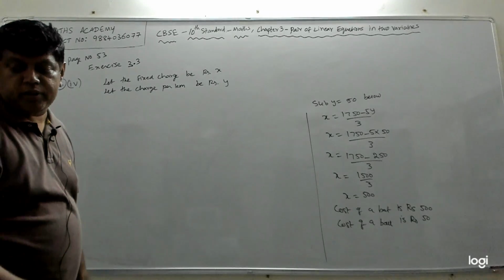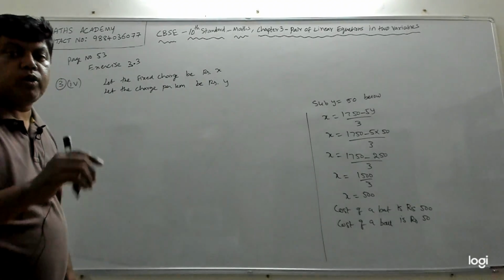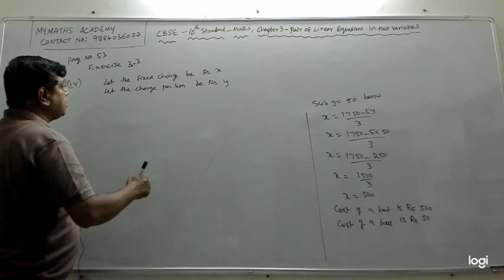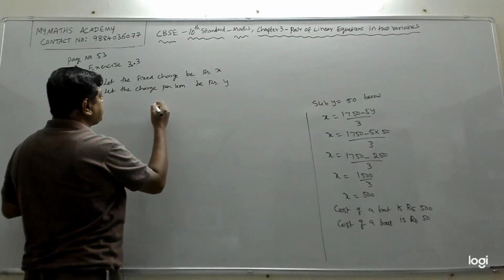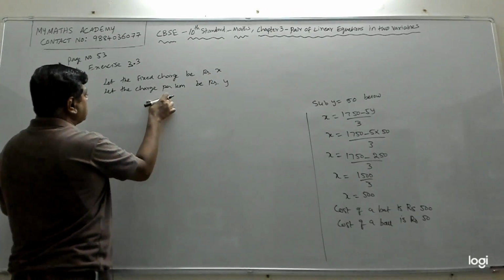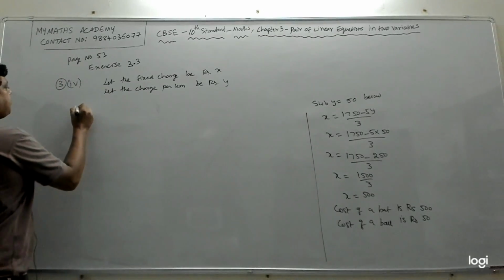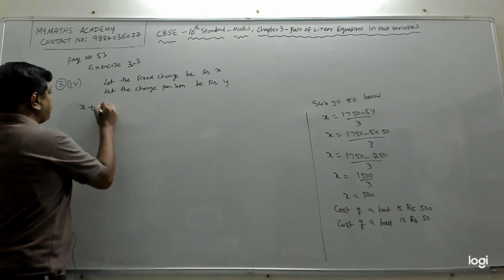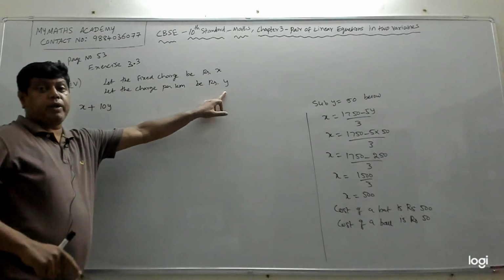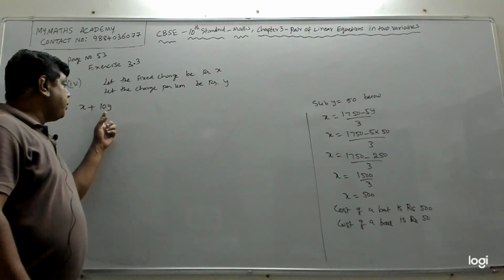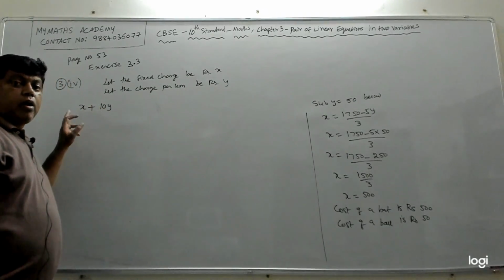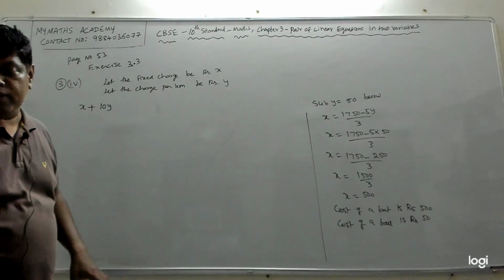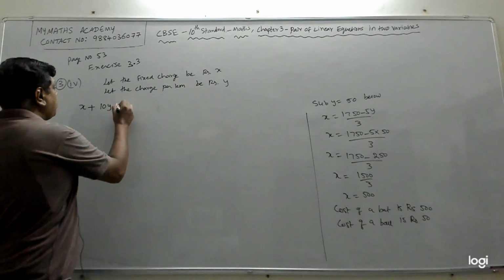Now here, for a distance of 10 km, the charge paid is how much? 105 rupees. So for 10 km, how much will the taxi driver charge? He has a fixed charge, which is X, plus Y based on the kilometer. How many kilometers he traveled? 10 kilometers. So 10 into Y. Y is per kilometer. For 1 kilometer Y, for 10 kilometers it is 10Y. But he also puts a fixed charge, which is X. So X plus 10Y totals up to 105.